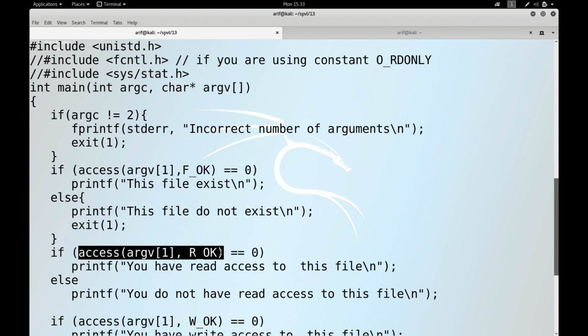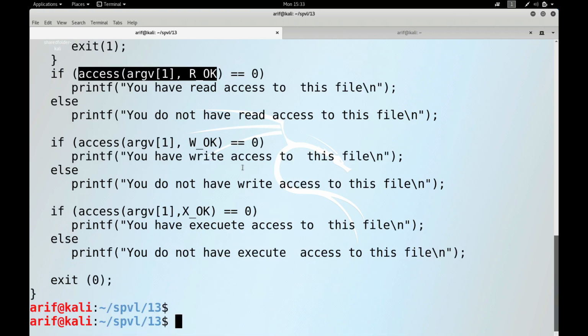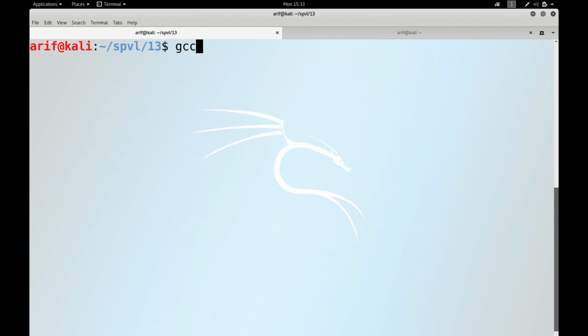Similarly, over here, I'm checking for the read permissions, whether this program has read permissions on this file or not. If I have read permissions, access will return 0 and this line will be printed, otherwise this line will be printed. Similarly, I can check for write permissions, execute permissions, and whatever. So let me compile this program, gcc access.c, and let me run it on, let's suppose, /etc/passwd, the famous file